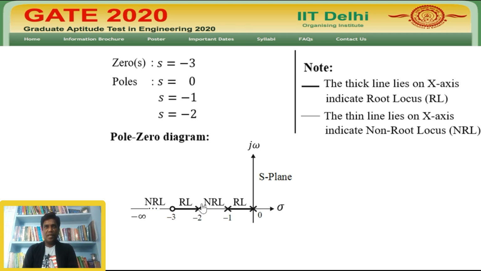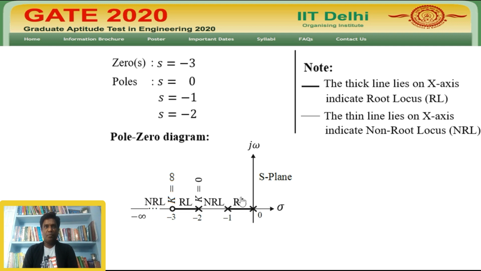And in the segment, this pole starts searching a zero at minus 2 with K equal to 0 gain, and terminates at the zero at minus 3 with K equal to infinity gain, which means these poles and zeros are attracted to each other. Therefore, there is no possibility of getting a break-in point in this problem.